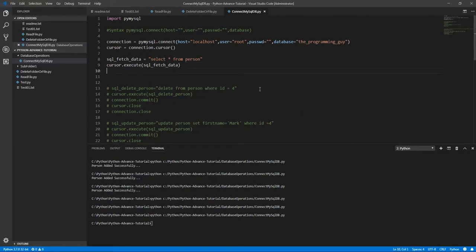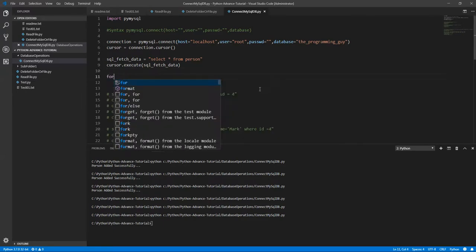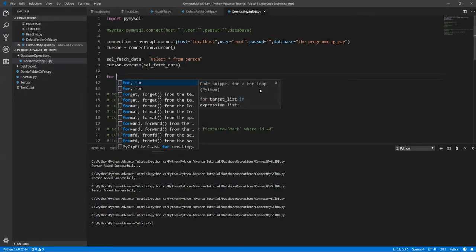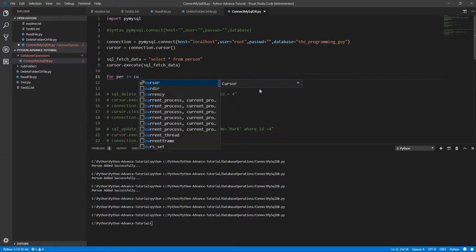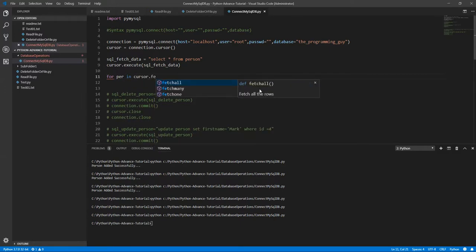Now what we can do is loop the records. The cursor contains all the data, select star from person. So we are going to fetch all the data from the cursor. Let's write a for loop here: for person in cursor dot fetchall,